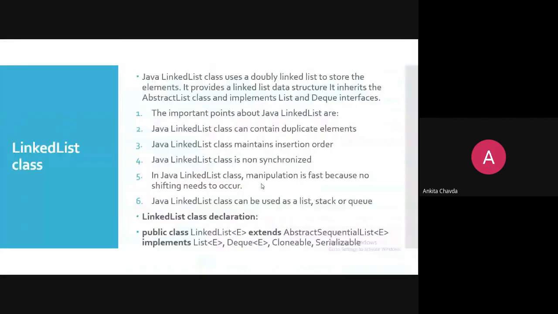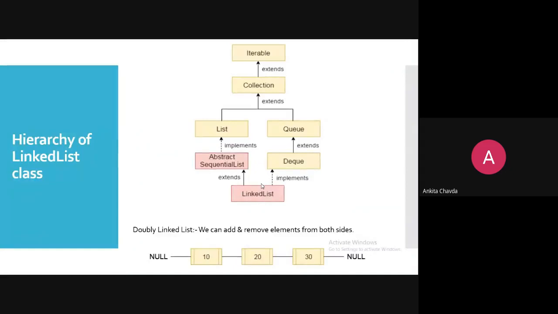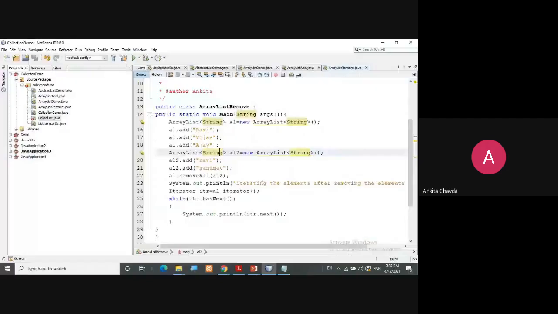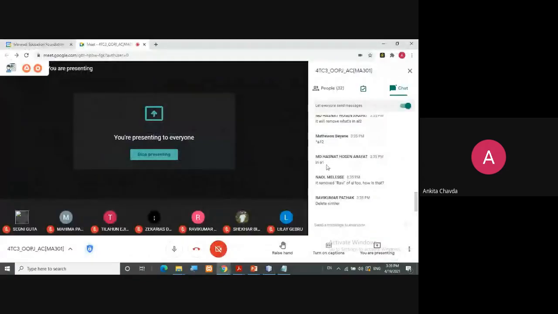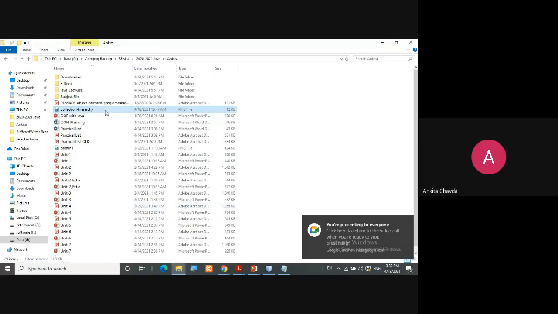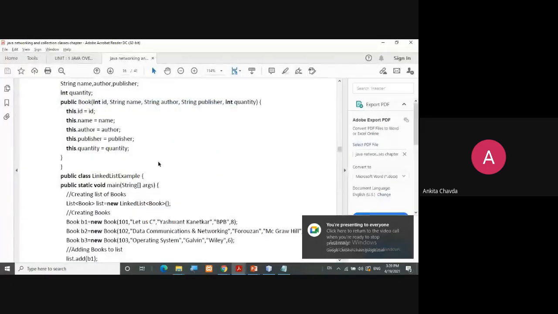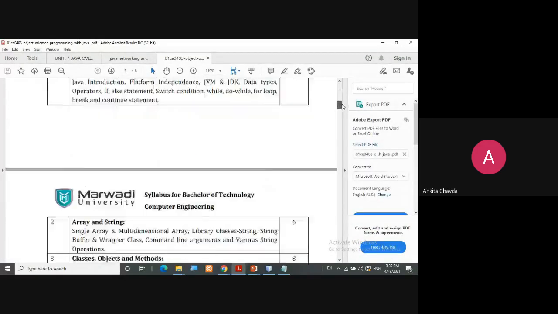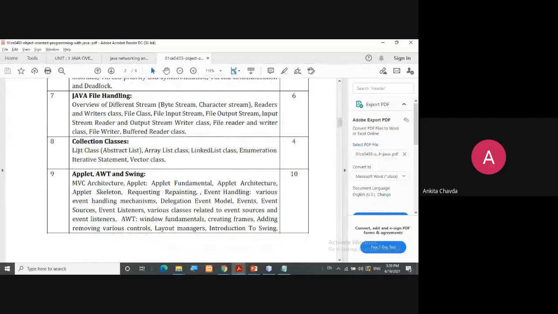So can we start the LinkedList class today? Or are you still trying this? We'll have very few things left in our syllabus. First is the List class, meaning this abstract List. Then we have the ArrayList class, then the LinkedList class, and the Vector class.